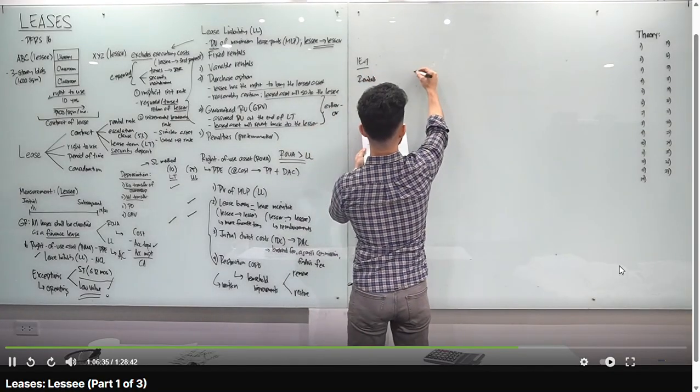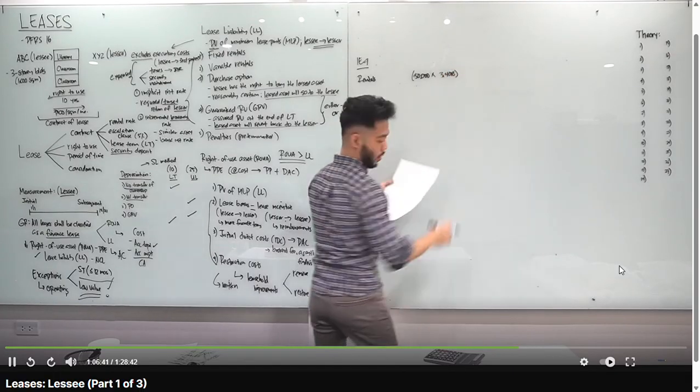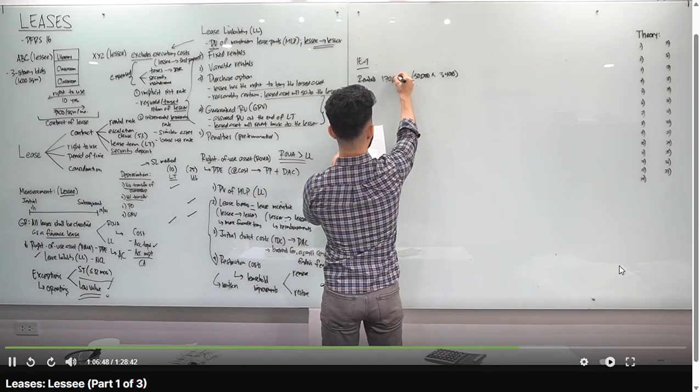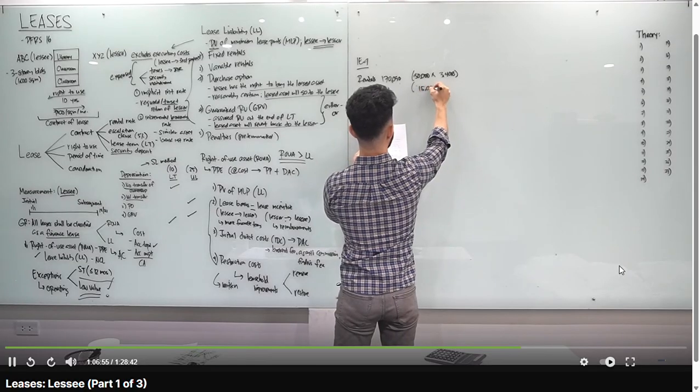So meron tayong rentals na 50,000 per year, multiply natin sa PV of annuity due na 3.4018. Okay, 50,000 times 3.4018, you should get 170,090. And then, i-present value natin yung GRV kasi part of your lease liability, 15,000, multiply natin by present value